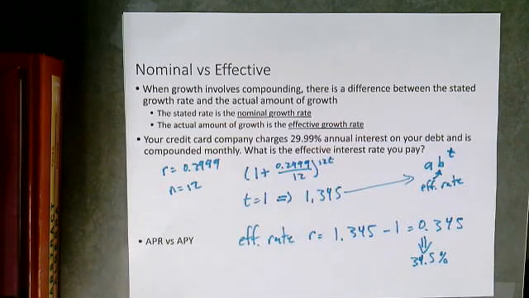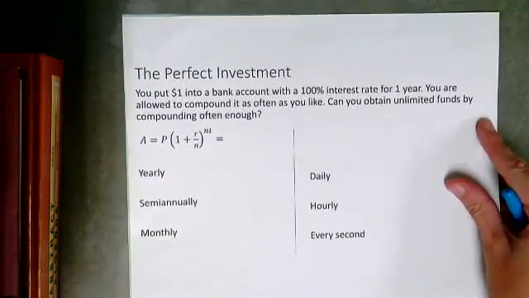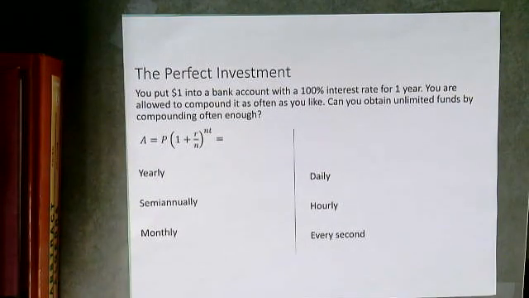All right. Well, is there a way to make the perfect investment? Well, consider this. You put $1 into a bank account with 100% interest rate for 1 year, and you are allowed to compound it as often as you like. Can you obtain unlimited funds by compounding often enough? Well,